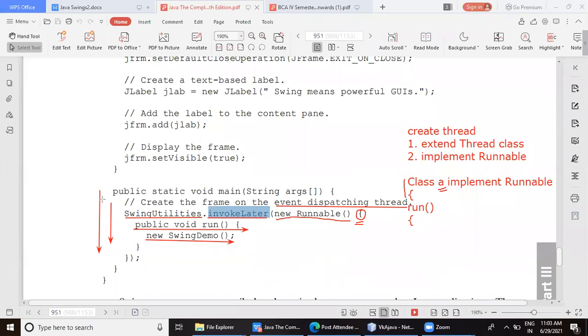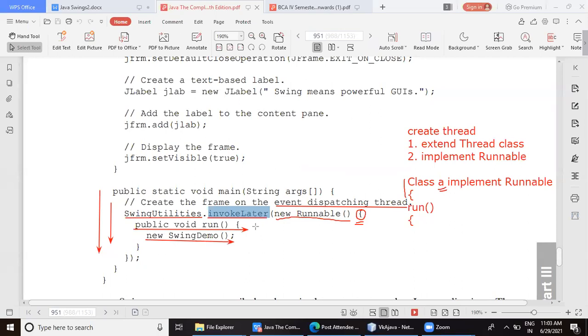This is the common format we are going to follow in all our programs. This is because our textbook has given this kind of program, and it's better we stick to the textbook. And also it is most recommended. Why is it required to execute it on the event dispatching thread? Because it is risky to use the main thread. It is better to execute it on a separate special thread called the event dispatching thread.